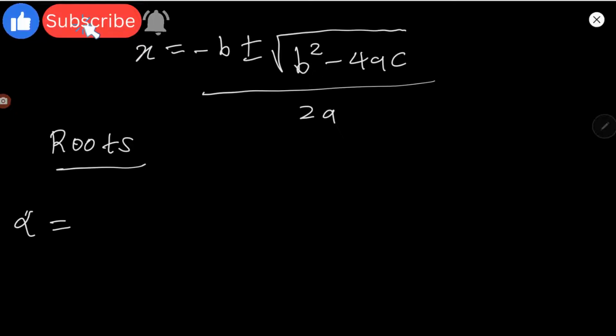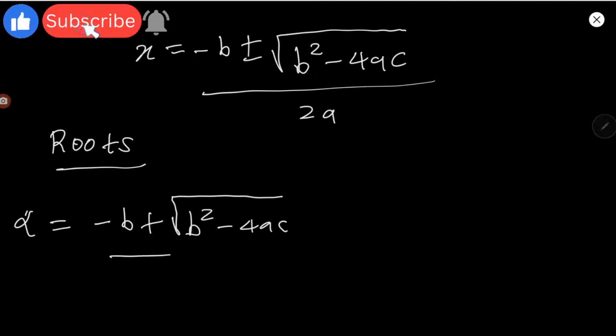So alpha, we can take the positive root, so say alpha is equal to minus b plus the square root of b squared minus 4ac over 2a, and then we can take the negative root as